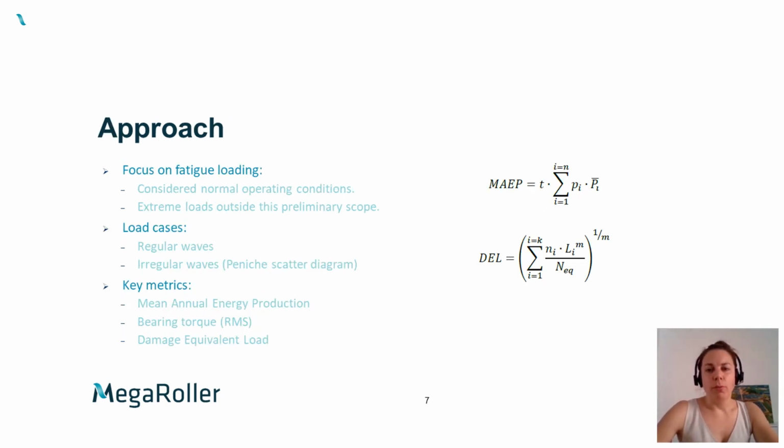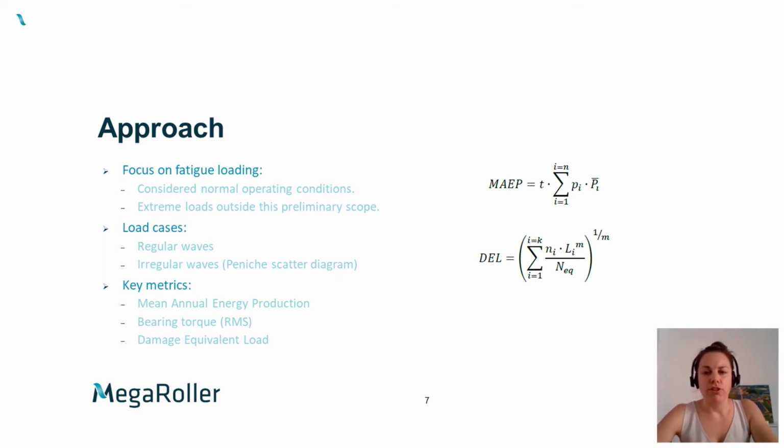So as mentioned earlier, the purpose of the study was to investigate the potential benefits of the wave-by-wave prediction tool in the performance and survivability of the system using a custom numerical model that we developed in WEC-Sim as part of the project and as part of Work Package 1. The survivability is defined as the ability of the system to withstand extreme loading events and high fatigue cyclic loading. In an initial step, we focus only on the fatigue loading and consider normal operating conditions. Extreme loads are considered outside of the scope of this study at the moment.